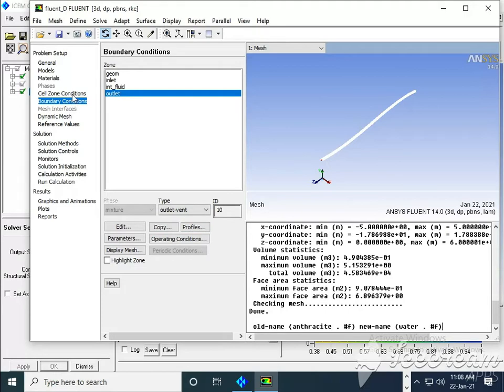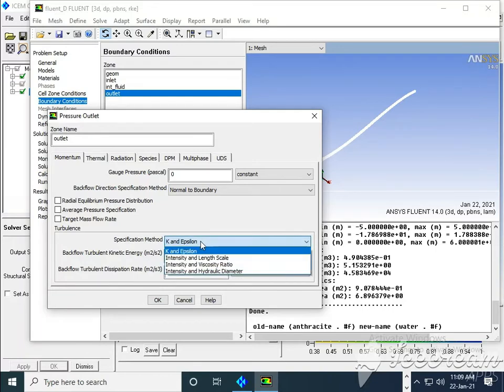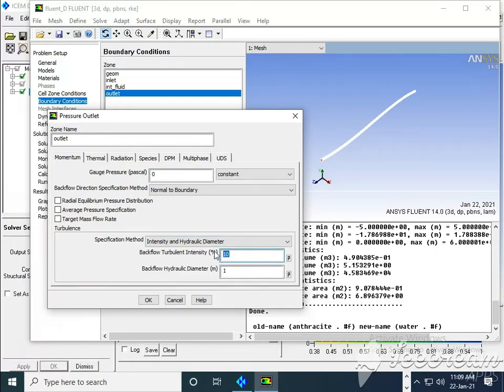Then again in outlet I can say pressure outlet, alright. Okay. Hydraulic intensity, it is 0.3 and it is 0.4, say OK.